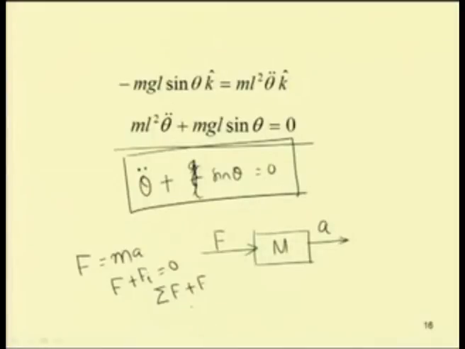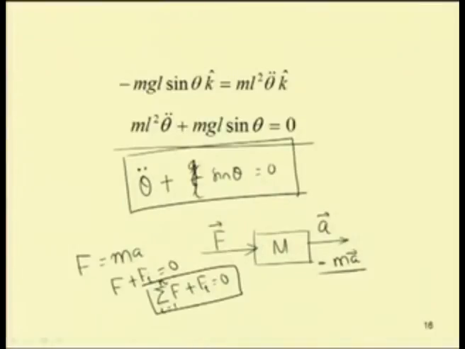If you have a multi-degree of freedom system, then for this system also F plus Fi will be equal to 0. That means we are converting a dynamical system to its equivalent static system by applying the D'Alembert principle. Here we are adding this inertia force, which is equal to mass into acceleration, and it acts in a direction opposite to the direction of acceleration.